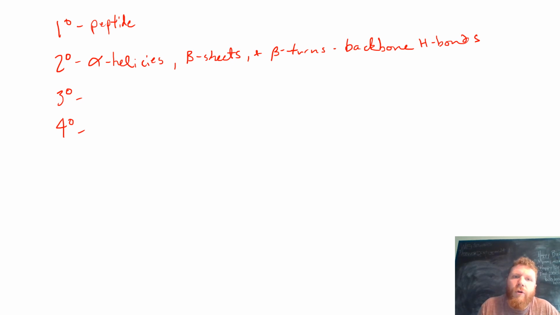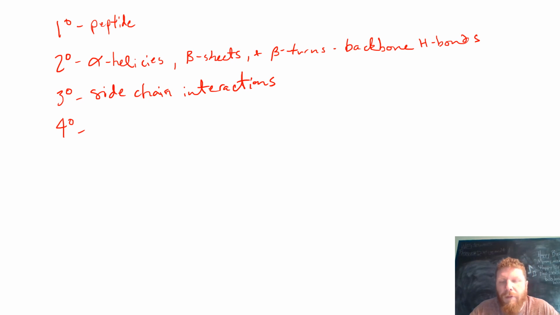Now the tertiary structure is going to be side chain interactions, largely. What's great about this is the better you know your amino acid R groups, the better you understand the tertiary structure of a polypeptide or protein. For instance, for the types of interactions that can exist, you have to think about the different residues. If you think about something like serine, serine is CH2OH. That's a group that is great for hydrogen bonding